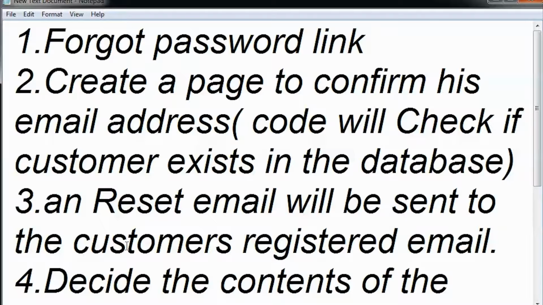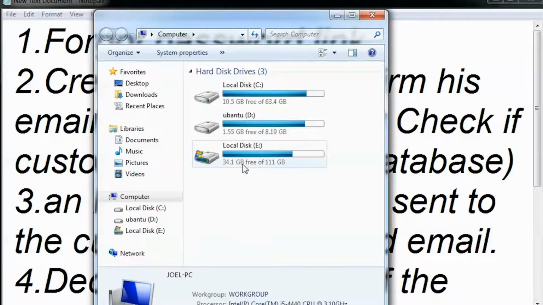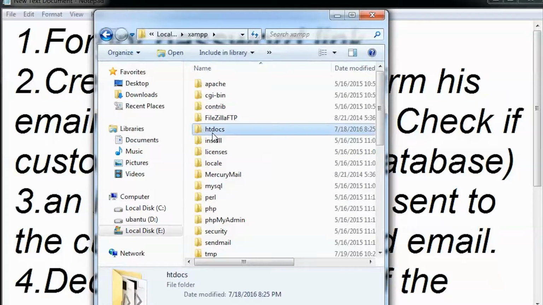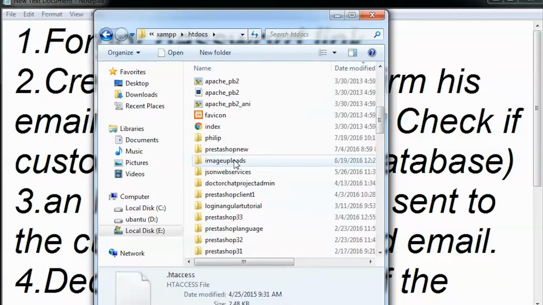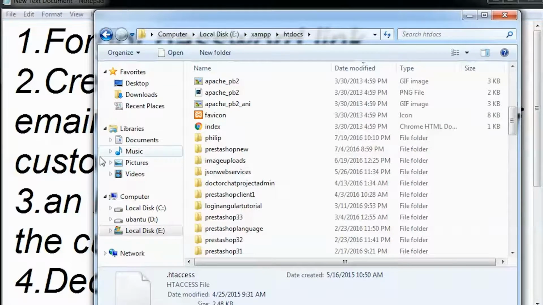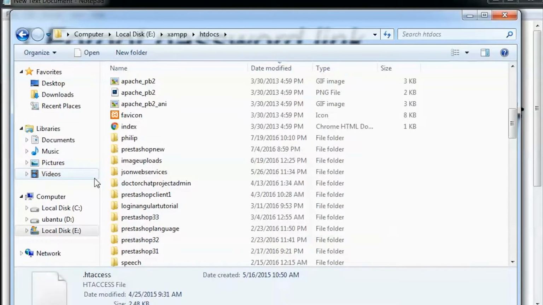I'm going to show you everything on my localhost, that is XAMPP on my computer. I don't know if you use XAMPP or anything else; you can use whatever you like. I'm going to my htdocs folder, and I'm trying to find the previous project that I made. The previous project was a login page, so I'm going to use that same thing.